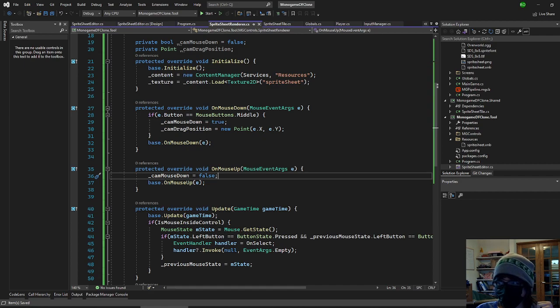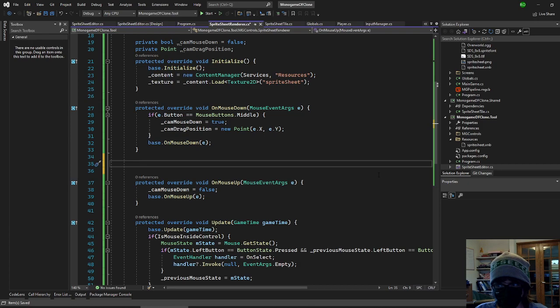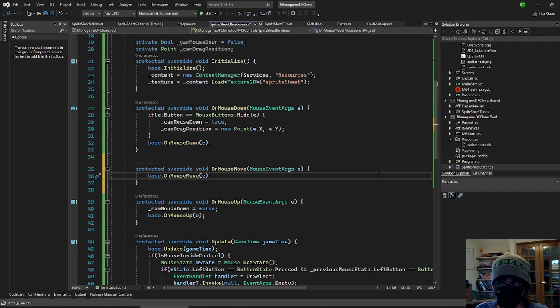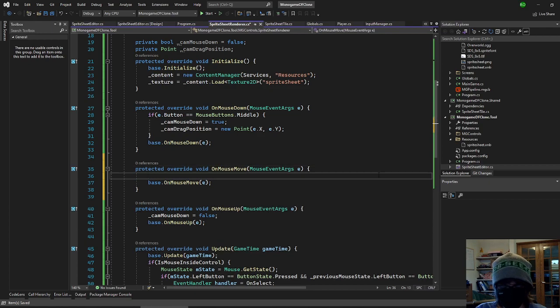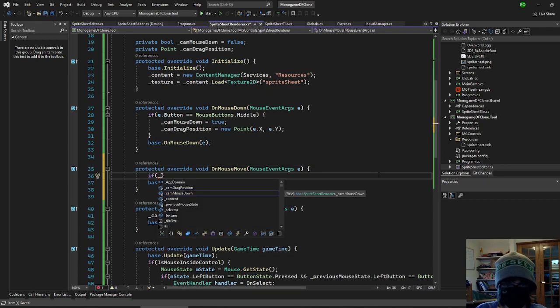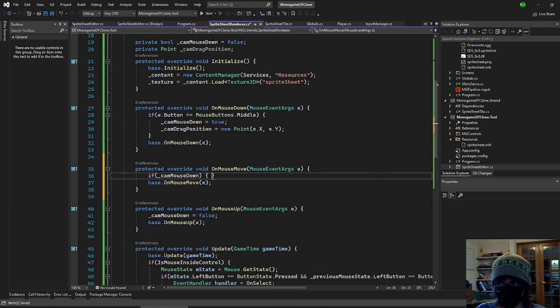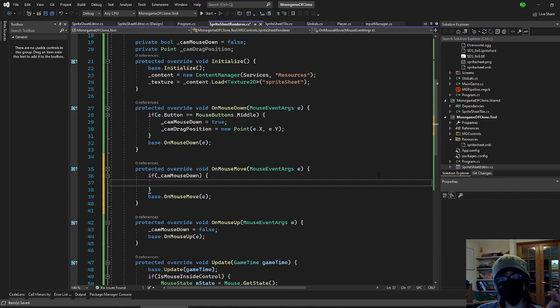What else here? So we have mouse down. Yeah, we need the mouse move, so we're going to override on that. So protected, override, void, mouse move. Within the mouse move, the only thing that we need to do for sure is we need to check if it's down first. So that's the only time that we're going to ever do anything. So we need to calculate the difference between where the cam mouse was held down and where it's currently being